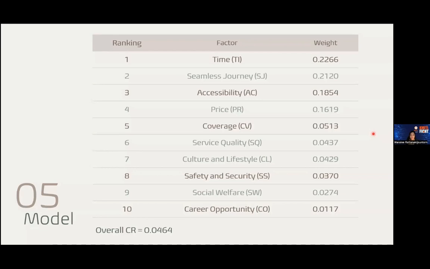After we have collected data sets from 2 respondents, the global weights and factor ranking are summarized in this table, and the overall consistency ratio was 0.0464, and I believe that makes the output valid. As you can see, the factor rankings from number 1 to number 10, the top 2, time and seamless